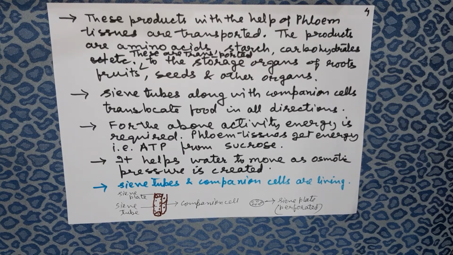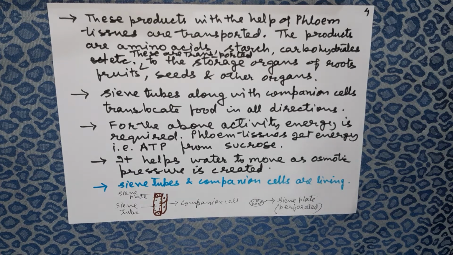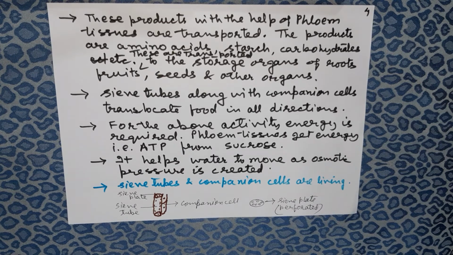Now we will do something more about the phloem. Phloem also comprises mainly two cells. One is called sieve tubes, the other is companion cell. Now sieve tubes and companion cells are living, while xylem vessels and tracheids were non-living, but here they too are living cells. Sieve tubes are also hollow because the cytoplasm becomes inactive, and they get the support from the companion cells which have a nucleus and cytoplasm present in them. So they support the sieve tubes.